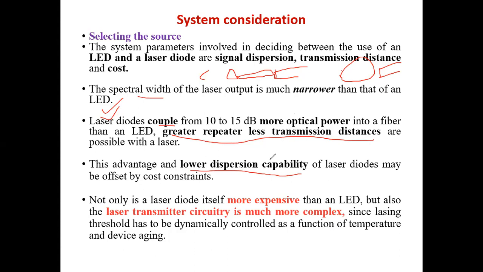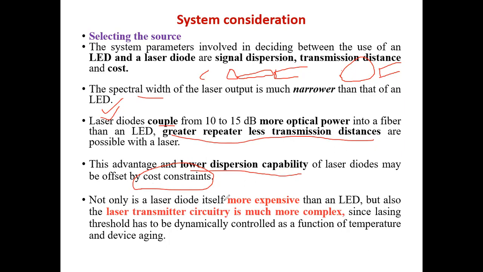So you will think, okay, laser it is, that is the best solution. But the cost of a laser is much higher compared to an LED. So if you cannot invest that much in your source, then you have to go with the LED, even though you have all these higher benefits. But you know, all these telecom companies are quite rich, so they can afford a laser. When they are spending so much, putting in a whole new system of fiber, why would they compromise on the cost of just the source?